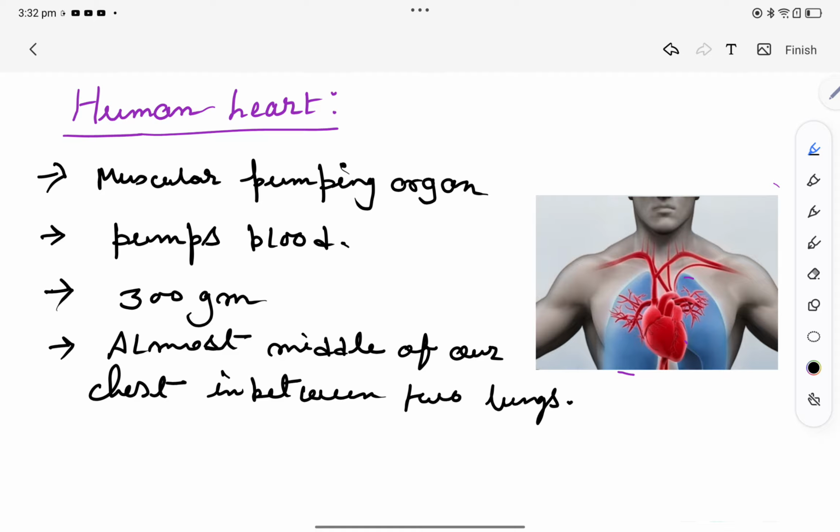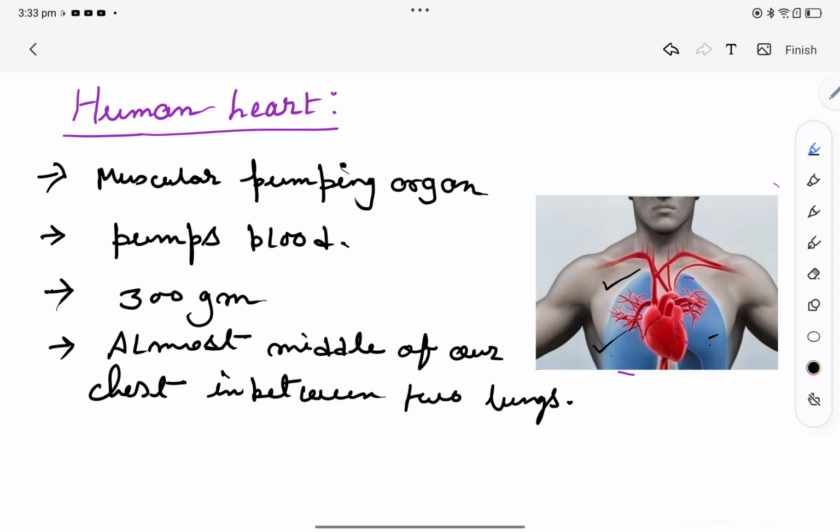We often say that the heart is located on our left side, right? But if we see this diagram here, we can see clearly that the heart is located in between our two lungs, right? These two are our lungs, blue colored. So the heart is located in between our lungs and it is almost in the middle of our chest and very